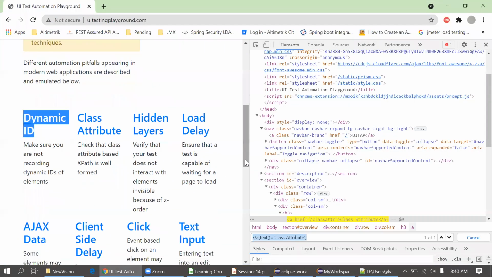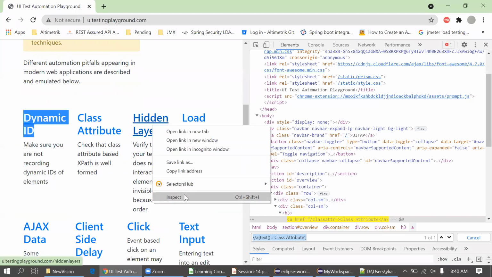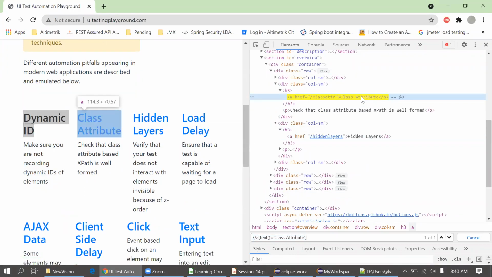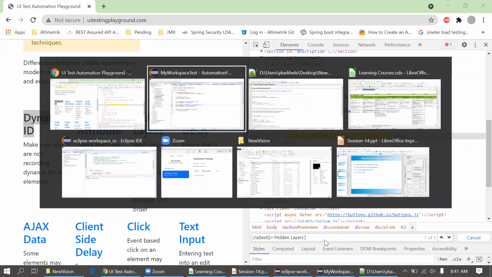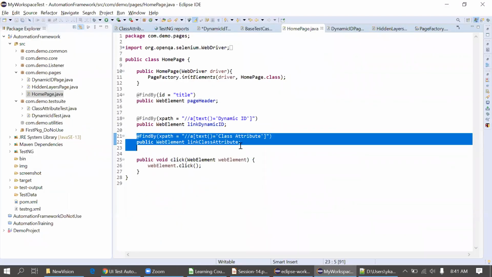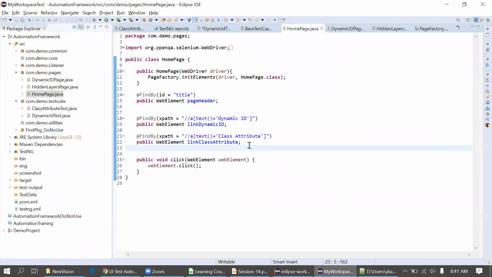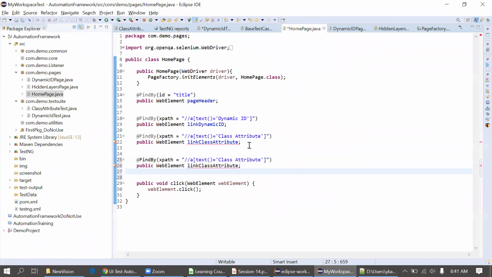So simply I'll create one more hidden layer as well. This one, hidden layer. Simply I'll create the XPath here again. XPath is created. Again, I'll simply copy this syntax. Don't worry about the page factory. The page factory syntax is only this part.